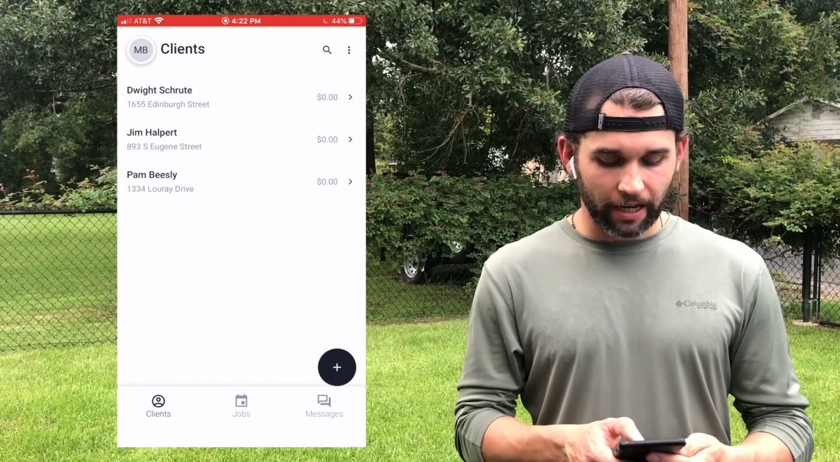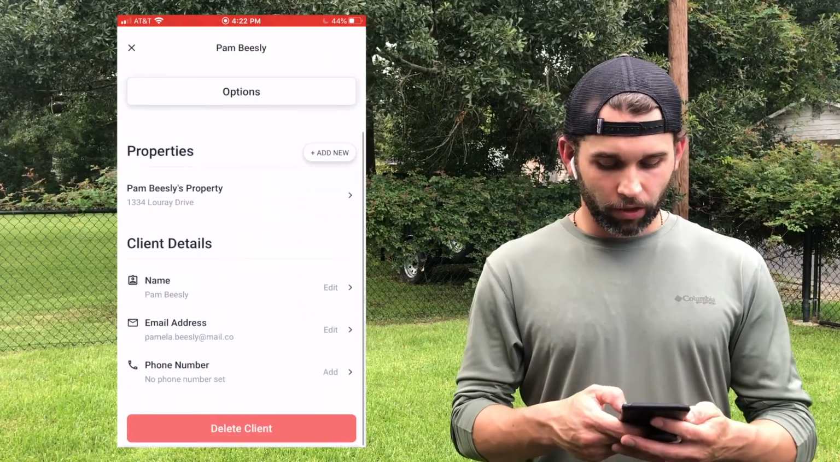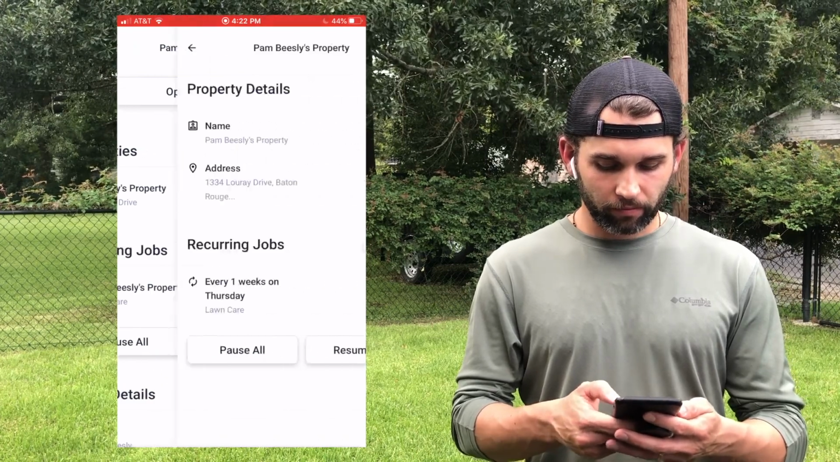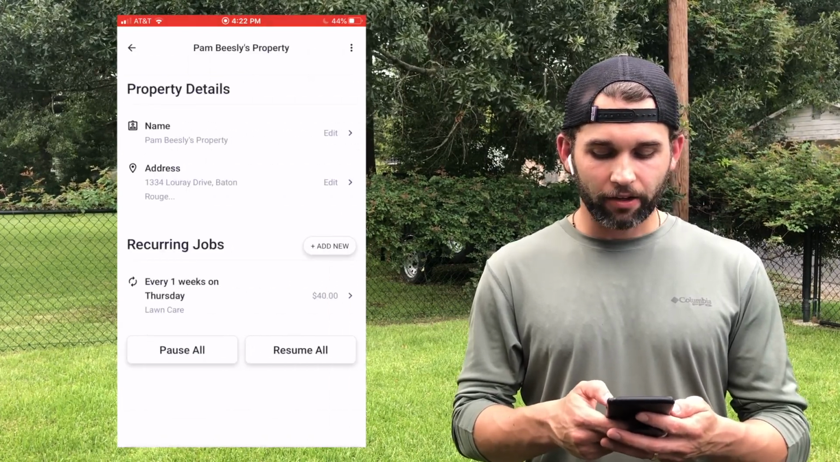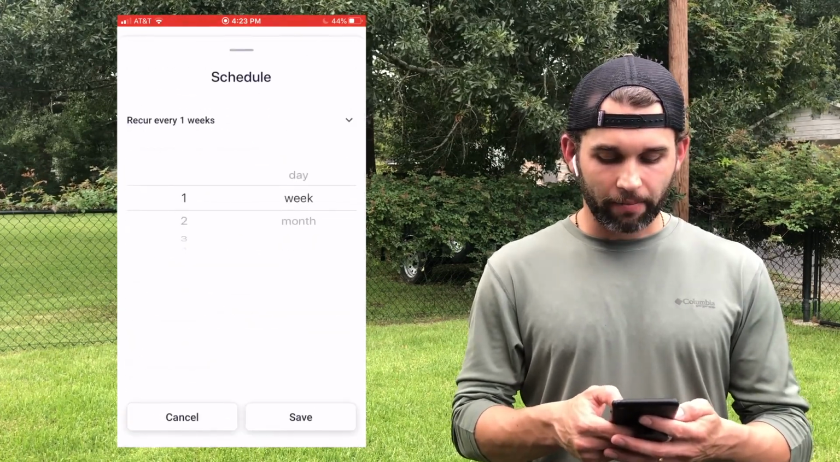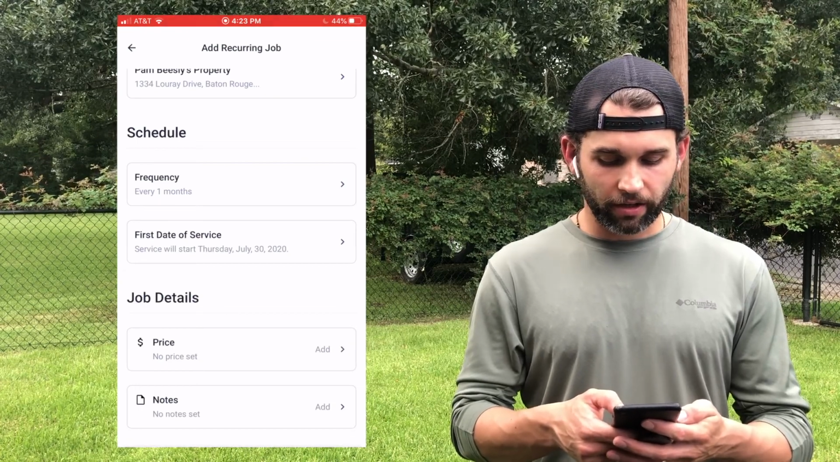All right, now let's also talk about adding multiple recurring jobs to a single client's property. Go back into your clients and let's add something for Pam Beasley. All right, we're going to tap into her property and you can tap Add New next to recurring job. Let's say we want this to happen once a month and we want it to start next week